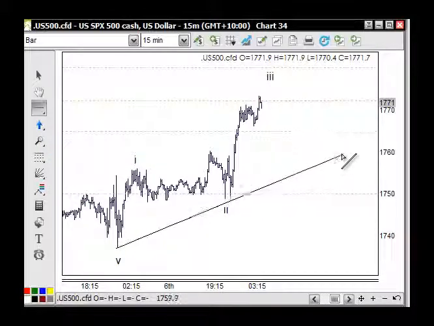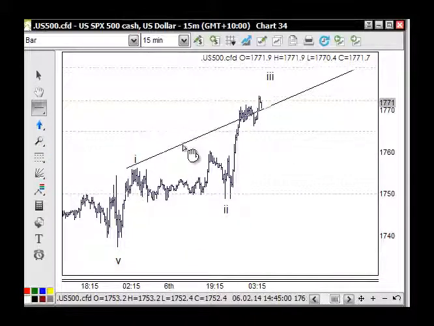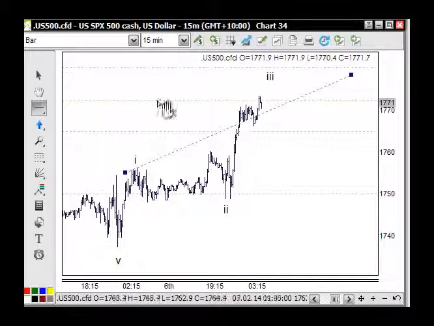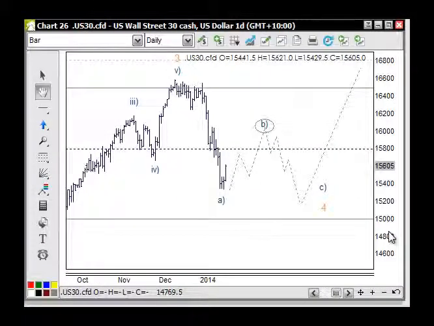And this is pretty much the same for the other markets, like the Dow Jones. Not so much the Australian market or the FTSE, but certainly the DAX. In the Dow Jones here, the US 30,